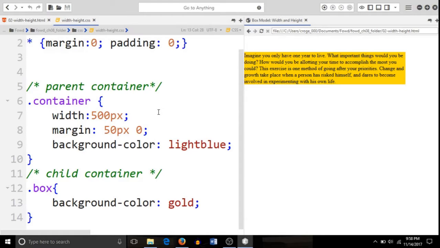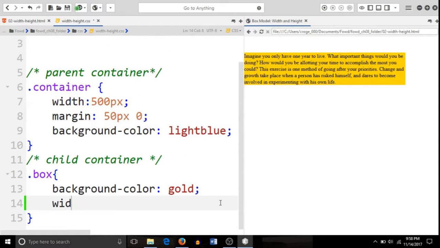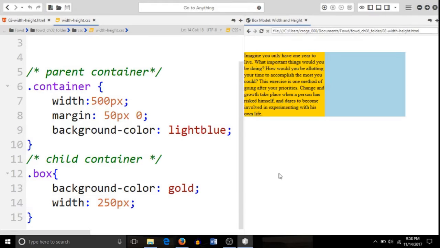If you define the child's width value, and this is under step 8.2.4, as half of the parent element, you'll see both background colors. So I'm going to type that in under the child element. I'll put width 250 pixels, save it, refresh. And now you can see it's half and half. Did you notice the child box and parent box got taller when you narrowed the child element's width? That's true. As long as the parent element's height is not specifically set, it will always extend with its child